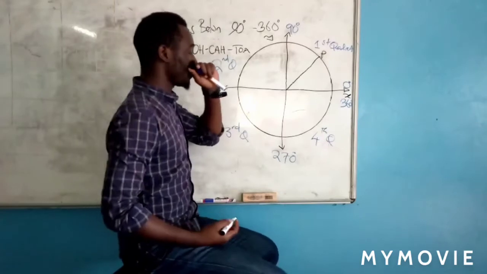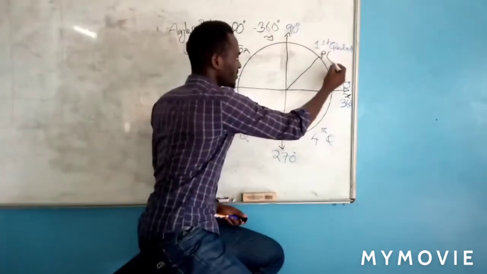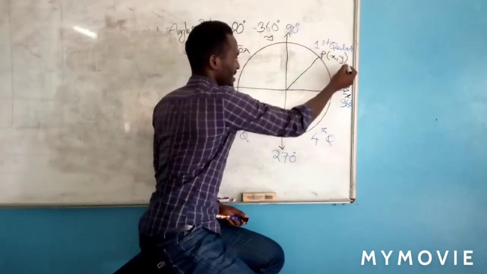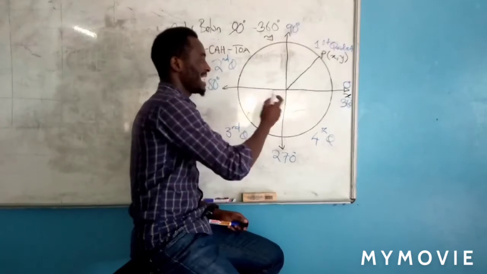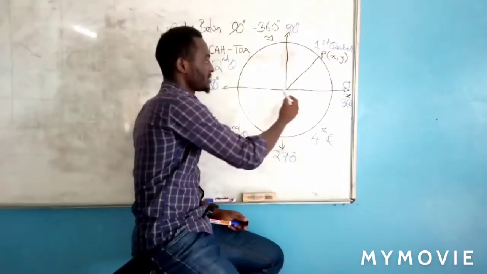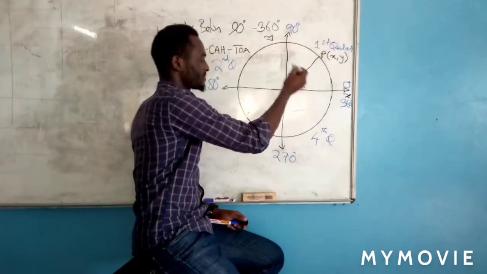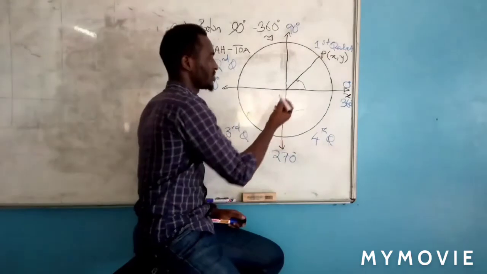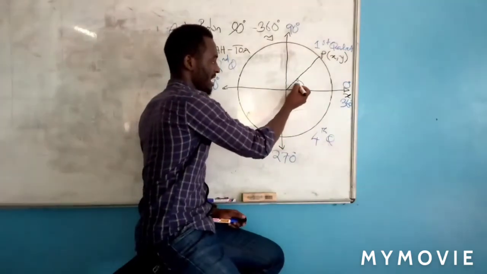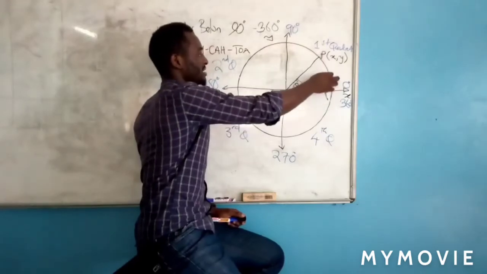If I was to get P in terms of coordinates, it's going to be x, y, not so? Okay. So, as I was saying, angles that are measured from the x-axis going anti-clockwise are positive angles, okay? This is the angle I'm talking about, which has been formed after point P started moving,